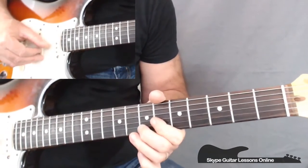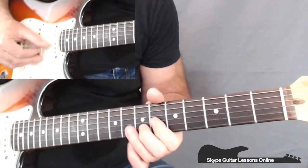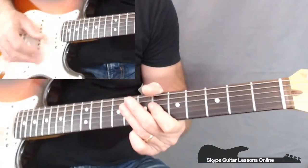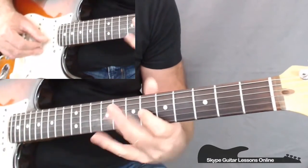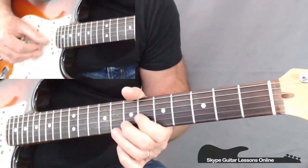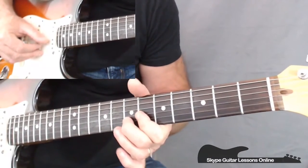From there, he goes back to the usual line that we played across the first 3 bars. Now there is another variation after that bar. It's built around the same idea of the notes that you've been playing, but he just puts an extra little kick into it. On this bar, which is on bar 6, we start off again the 6-6, hammer on 7-6,